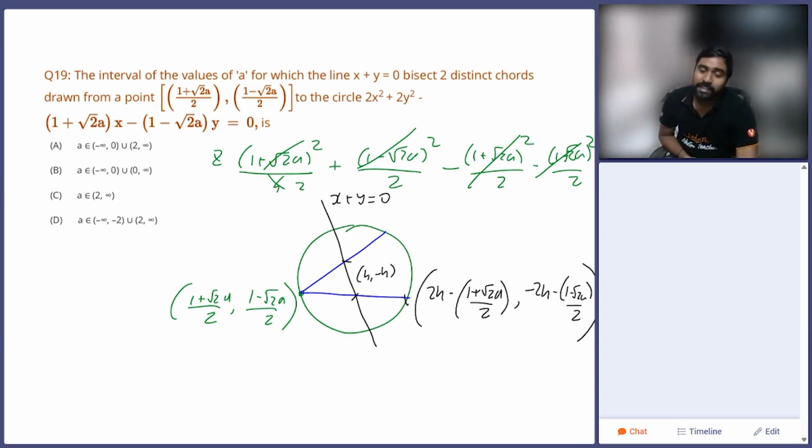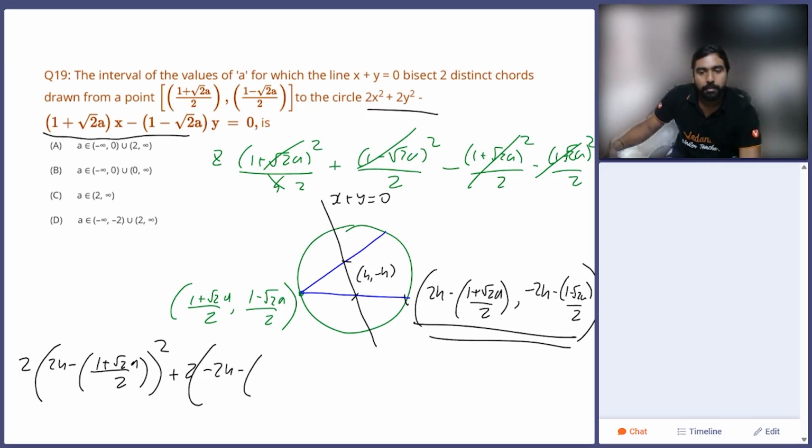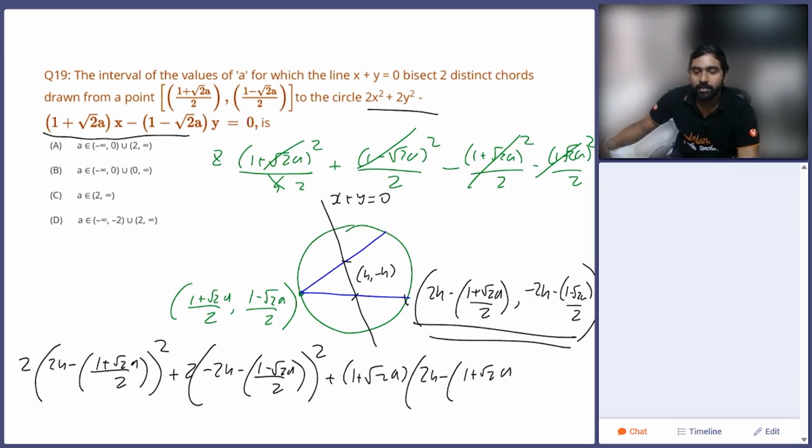Now I need to ensure that this point lies on the circle's equation. So when I substitute these coordinates, let's show the general format. So (2h minus (1 plus root 2a) by 2) whole square plus 2 into (minus 2h minus (1 minus root 2a) by 2) whole square plus (1 plus root 2a) into (2h minus (1 plus root 2a) by 2)